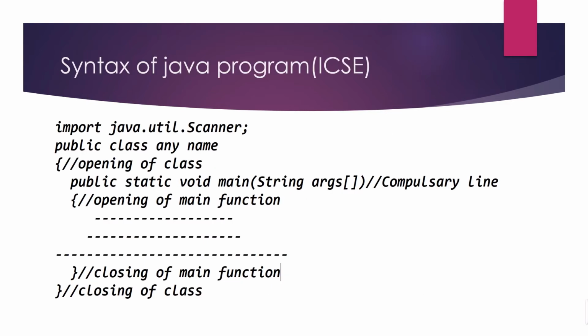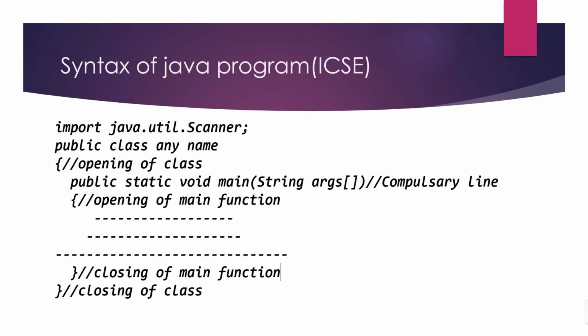So this is an important syntax of a Java program. I have explained before that we use the asterisk symbol, the wildcard character, but mainly you should use the asterisk symbol here. Import java.util. Here I've used only Scanner because Scanner is mainly used for taking data, and we use normal functions like adding, subtracting, multiplication, division. For higher functionality in loops we should use the asterisk symbol, but mainly you should use the asterisk symbol only in place of Scanner. Then import java.util.Scanner, we have imported the package.